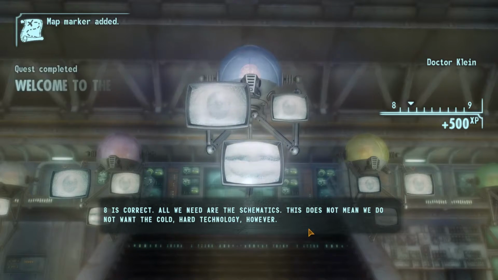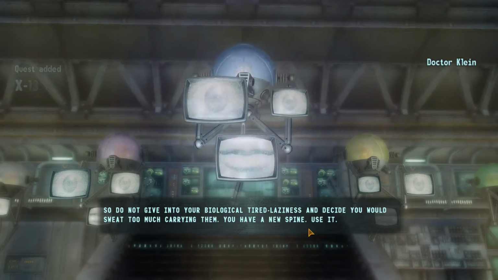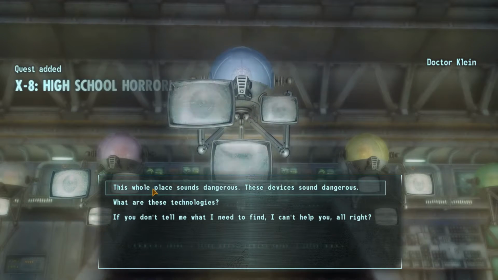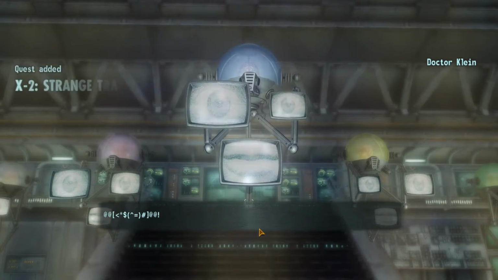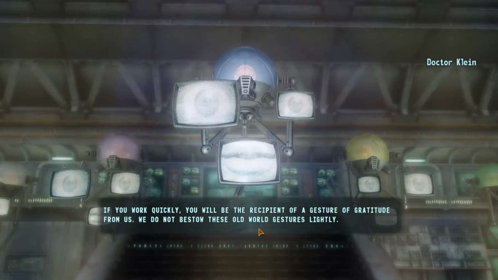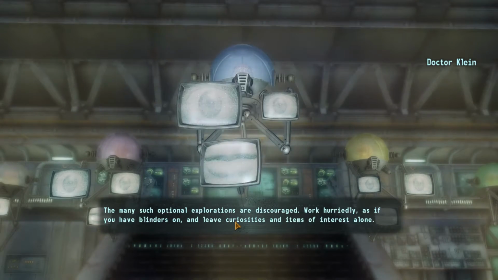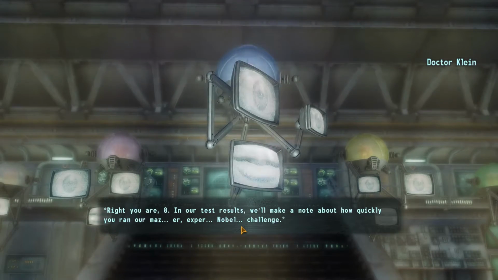8 is correct. All we need are the schematics. This does not mean we do not want the cold hard technology, however. So do not give in to your biological tired laziness and decide you would sweat too much and even if you die in the act of reclamation, simply reaching the... The technologies. The psychoanalytic, cardiac dampening, sneaky... And 8's sonic... There. We have informed you. If you work quickly, you will be the recipient of... Our intentions exactly. Do not get curious, or you... We feared you would be tempted to... Many such optional explorations are discouraged. So many science... Right? After all, there will be...